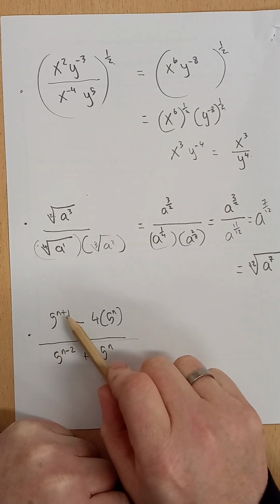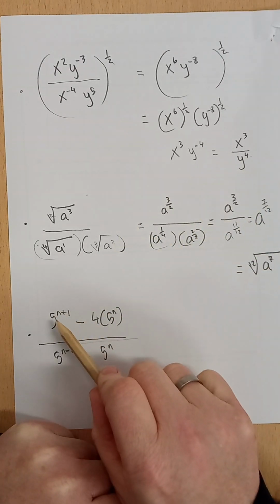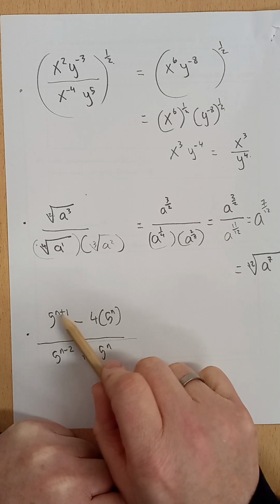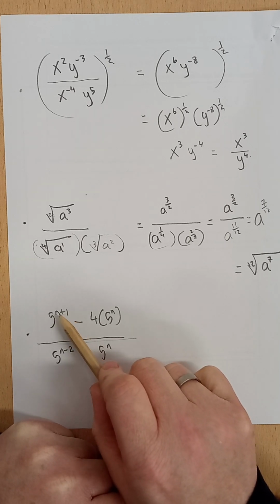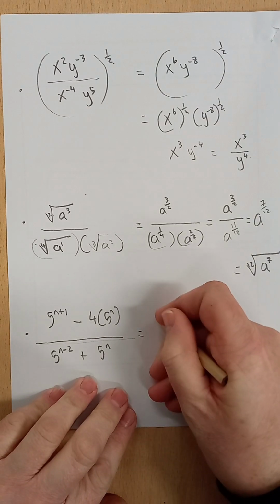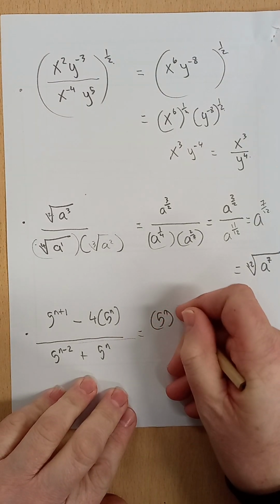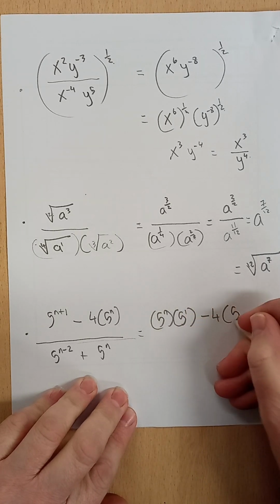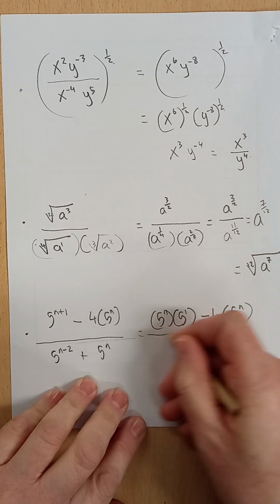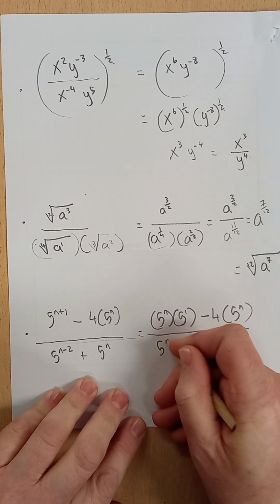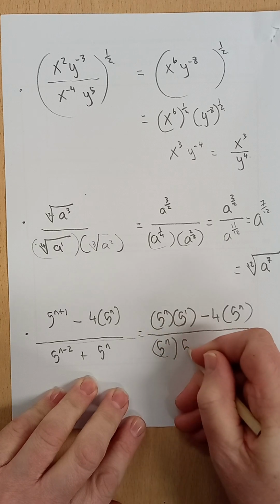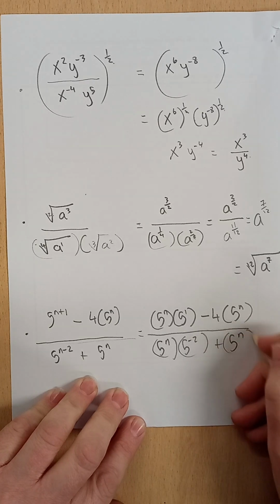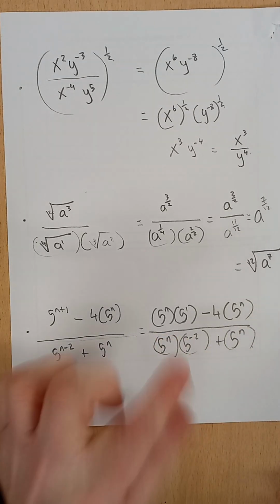This is unusual. Okay, we haven't seen this before. So let's see what had to happen to this indice in order to get a plus between the two parts of the indice. Well, if you think about it, we have a rule that allows us to add. So that used to be 5 to the power of n multiplied by 5 to the power of 1, minus 4 times 5 to the power of n, all over, same thing on the bottom, 5 to the power of n multiplied by 5 to the power of minus 2 plus 5 to the power of n. So now you see I've got everything in base 5 apart